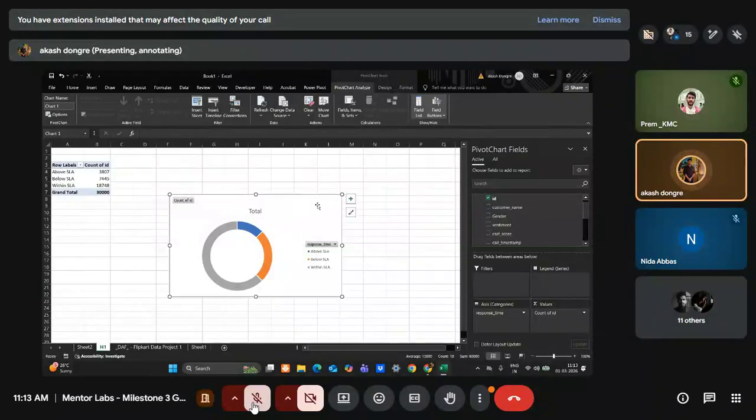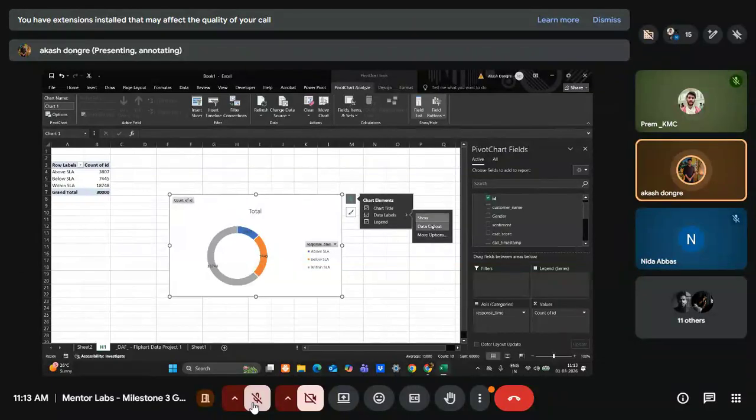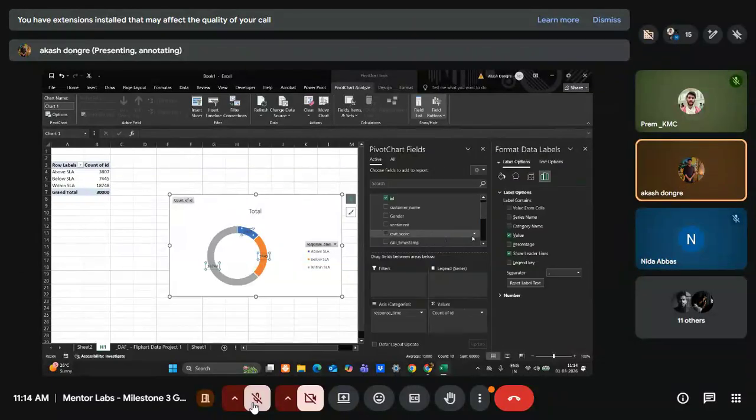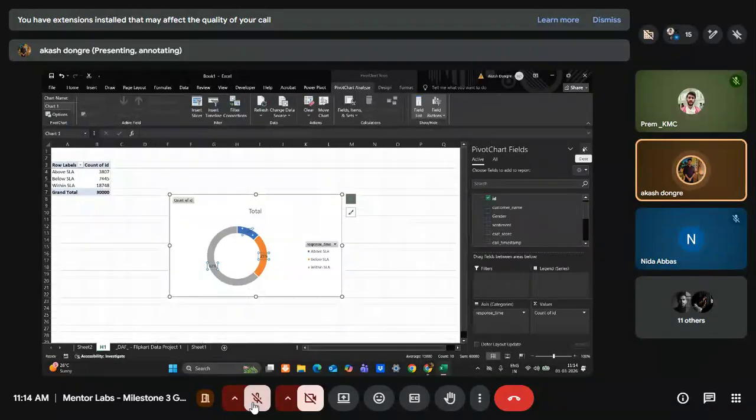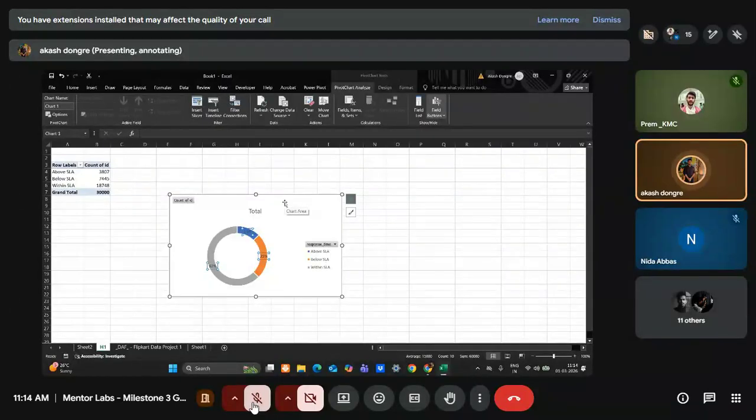And you want the labels. Data labels means how many numbers are coming, right? So if you want this number, it should be in the More Options for data. In the percentage, you can remove this value and click on the percentage. Can I add one of the charts like this? If you don't want this hollow, you can increase and decrease the size of this donut also. And if you want this to be